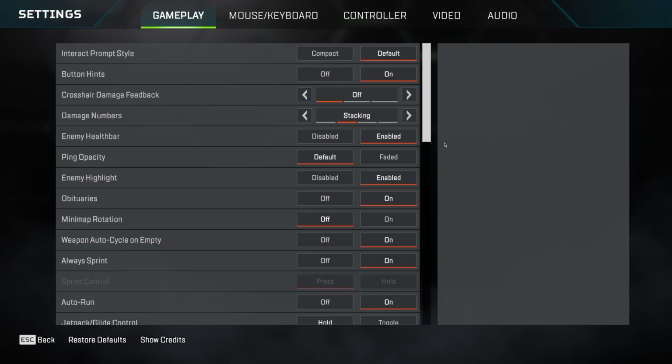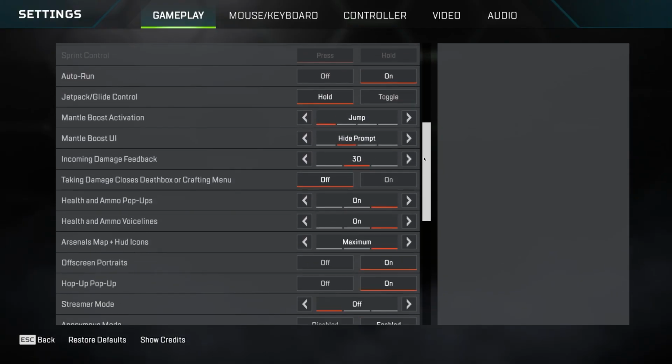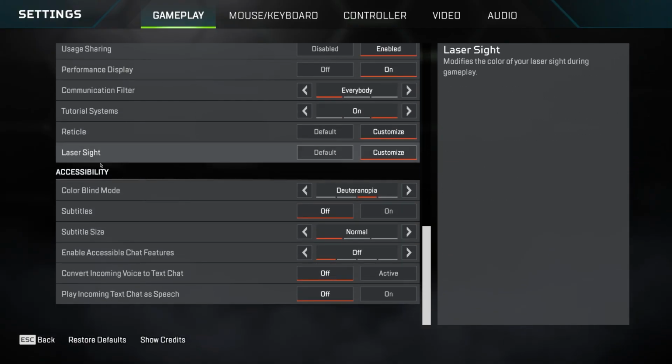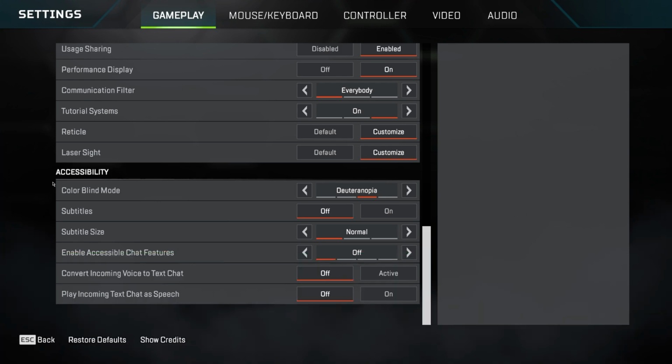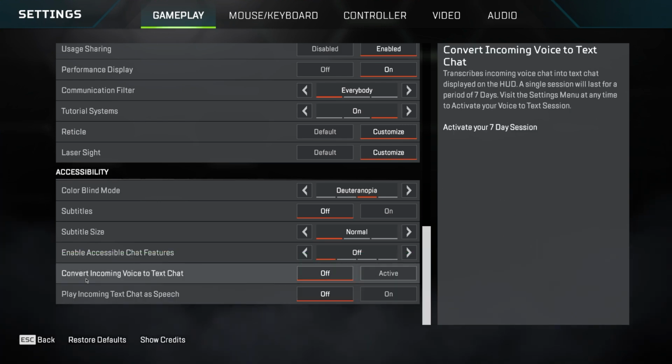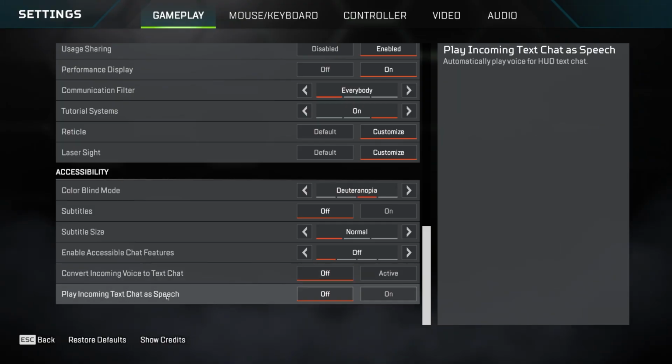Once you're in Settings, click on Gameplay, and then scroll down till you see Accessibility. Here at the Accessibility tab, you can go down to the very bottom where you can see Text Chat as Speech. What you have to do next is simply clicking this off,